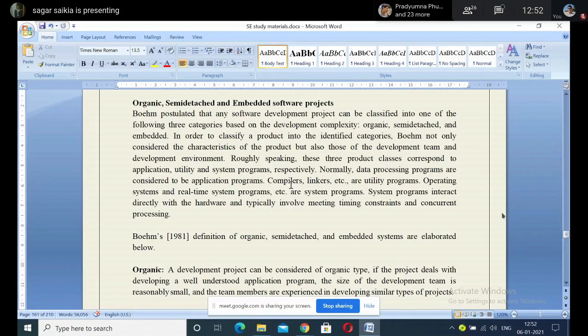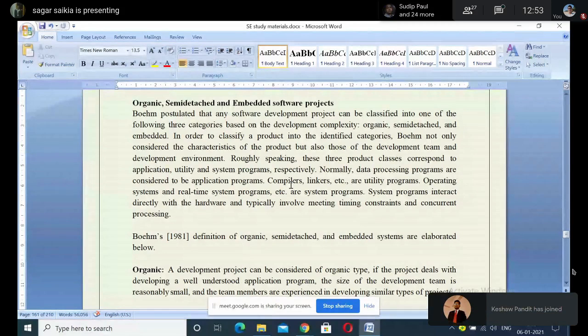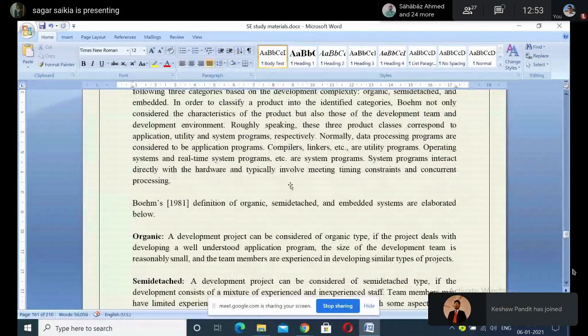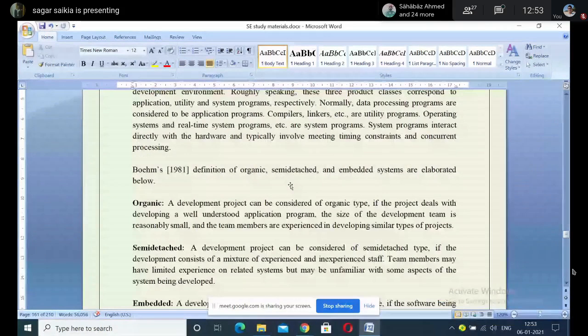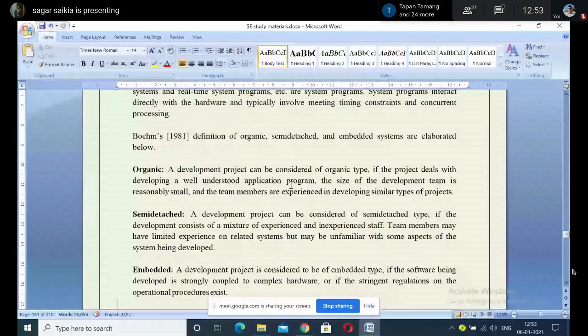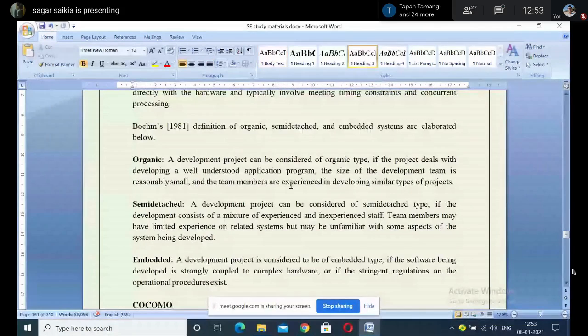So depending upon the type of program, some may be system based programs, and that will be system programs, correct? Okay, so the one who has classified them is Boehm. He has classified the systems into three kinds: organic, semi-detached, and embedded. So in organic,